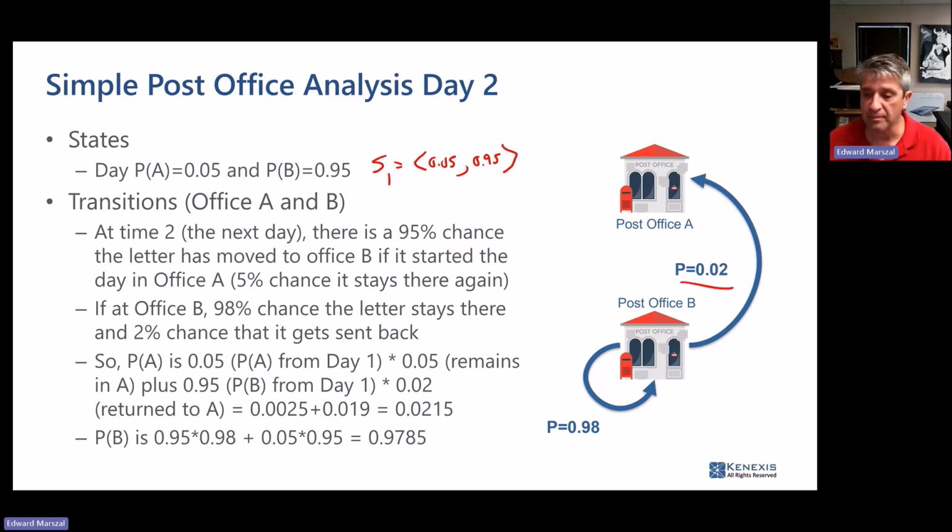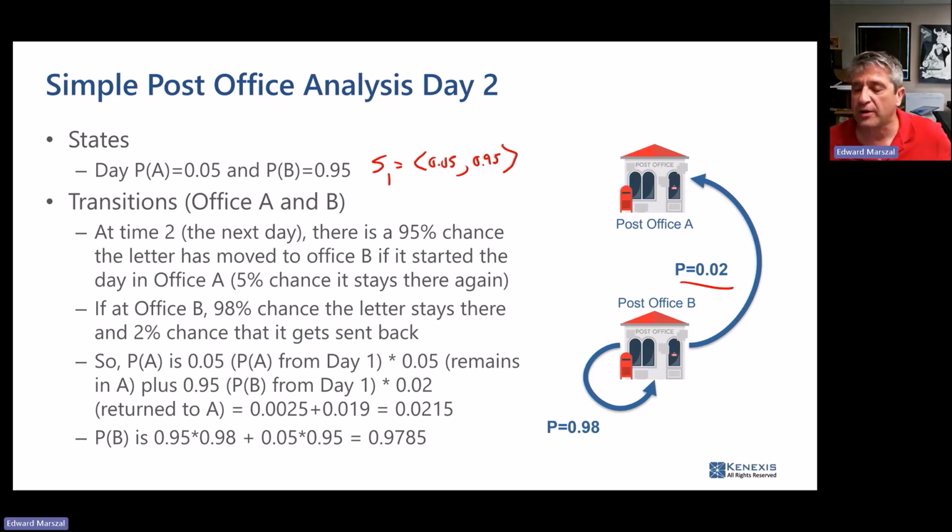We got a couple of questions out there. Sure, go ahead and give them to me. The first one is, does this assume that only one transition is allowed in one day, meaning that it is not possible that the letter moves from A to B and back to A in one day? That is absolutely correct and absolutely true. That's an artifact of how Markov modeling works. It may not be true in reality, but that is absolutely the assumption. Only one transition is going to occur in the day.